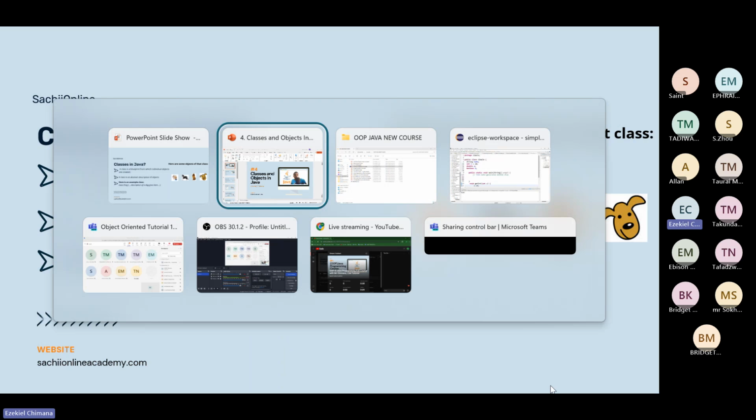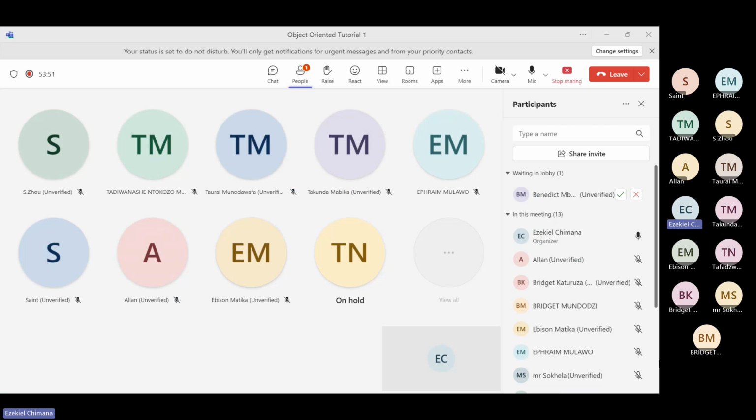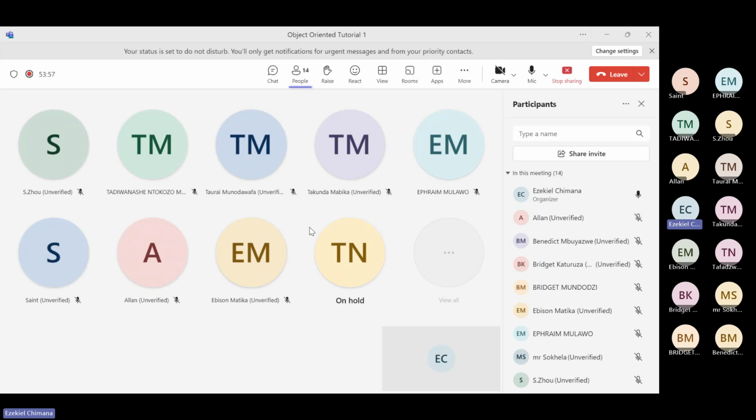So I need to add someone who is in the lobby. It's Benedict. You guys need to join early. I don't know what will be happening, but anyway,